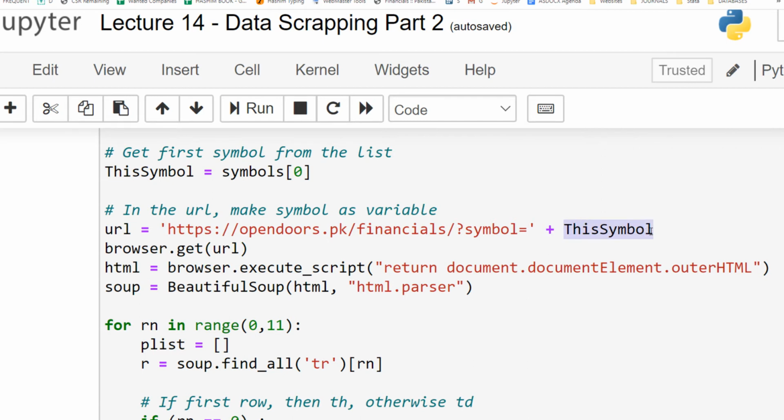So plus this symbol means that we have written OGDC to this symbol. So this whole URL once run will read just like the previous URL. And this part is the same that we used in the previous code till this.